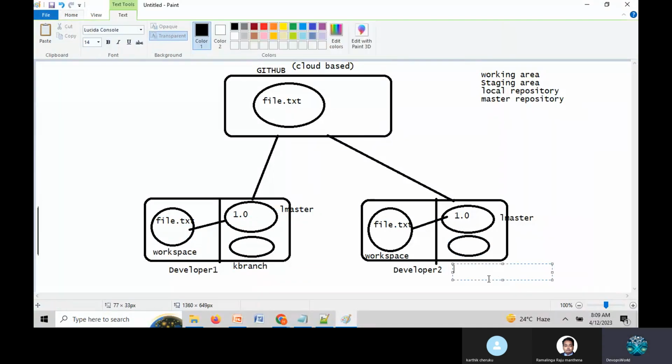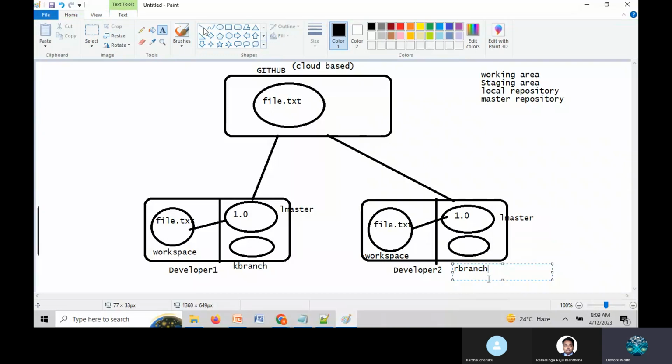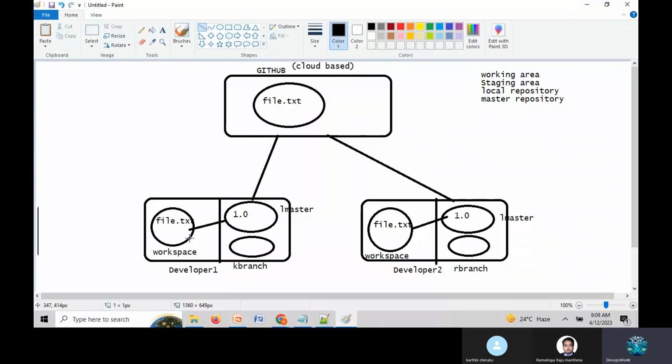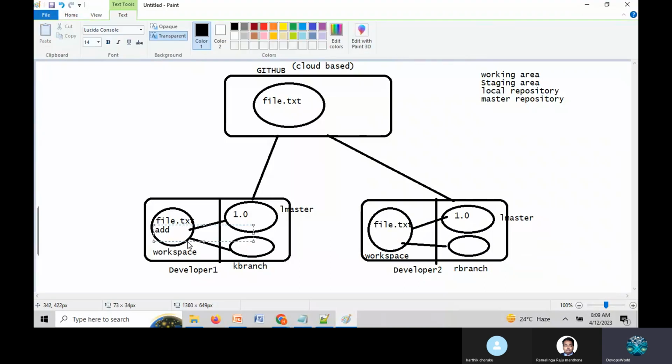A branch is nothing but an independent line of development. In the local machine, the workspace points to your own branch, and he updates the code, the add functionality, in the working area.